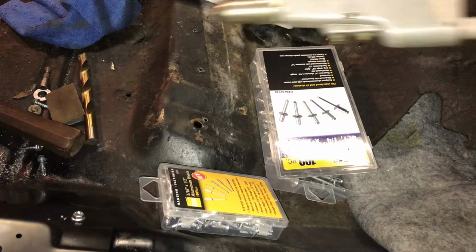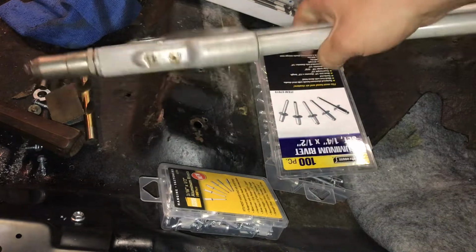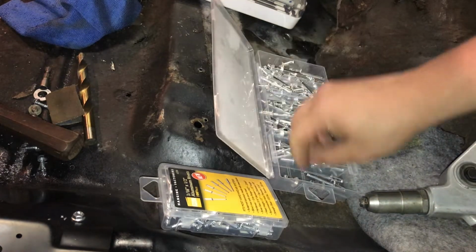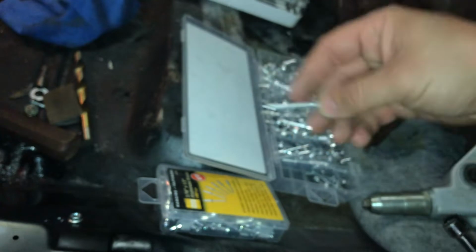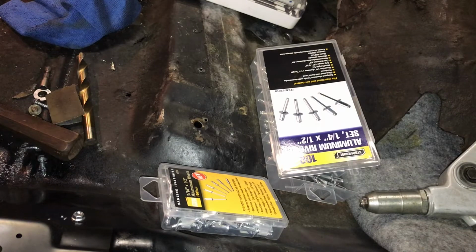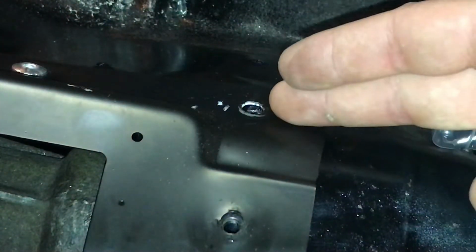You're gonna need a rivet gun. I had to use my bigger rivet gun for these because of the size of the shaft, the shank. So you're gonna need a rivet gun that'll hold this size rod, and you're gonna need a drill bit as well to drill your hole out to the proper size. Okay, so once you